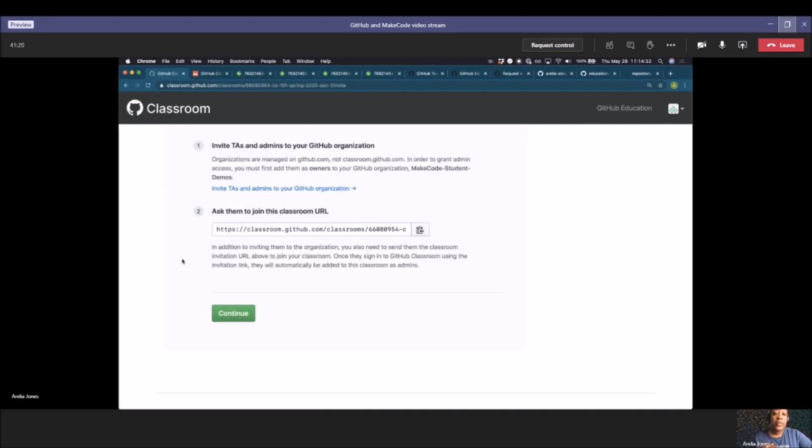And next, we want to add any teaching assistants and administrators to manage our organization and our class. So in step 1, we can add TAs and admins to our organization. This will take us into the organization setup flow, where we will add individuals who can manage the repositories that